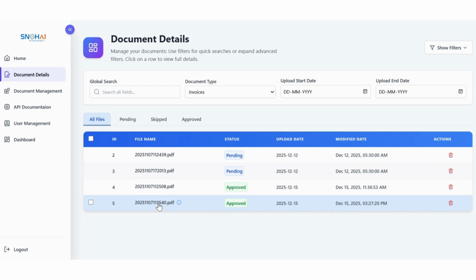From here, the structured data can be sent via an API directly into your SAP, Oracle, or any other ERP system. We can use this in many industries, for example when we want to create a sales order. When we want to convert the PO into an SO, a sales order, we can directly click on approve, and this will create a sales order in SAP with no human intervention. So this is our new functionality.